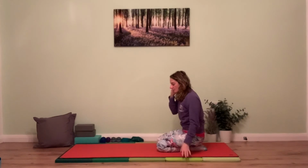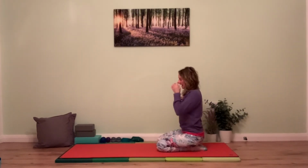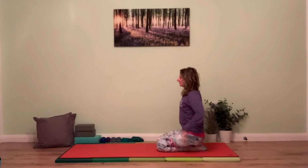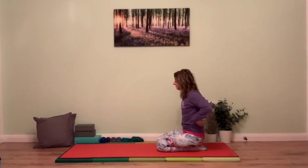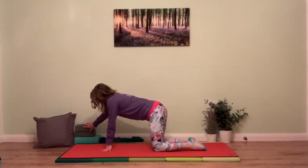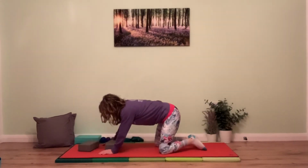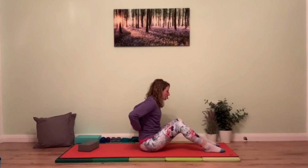So we're going to draw you again into another extension movement, okay? So use just that soft approach. So we're going to use the pillows underneath the back, or if you have the yoga blocks, you can use those. So either with the pillow underneath that midsection, or if you have a block and you want to use them, you're going across the back, so along the line of kind of lower shoulder blades area,